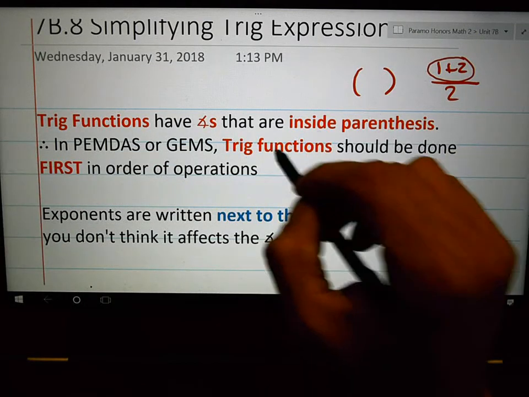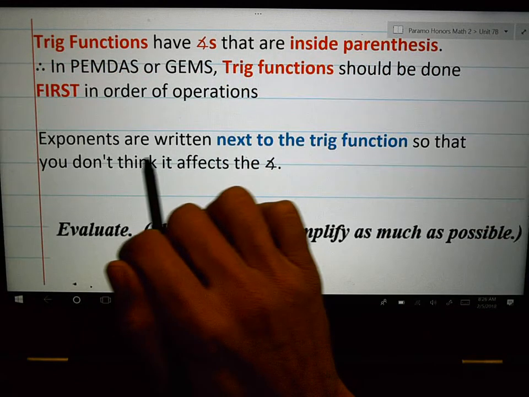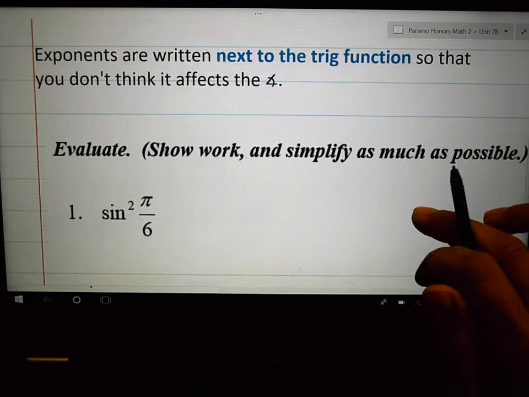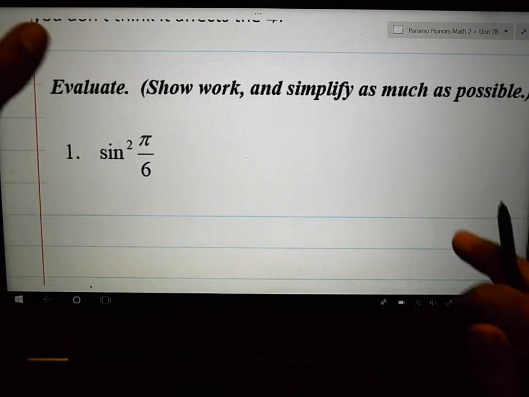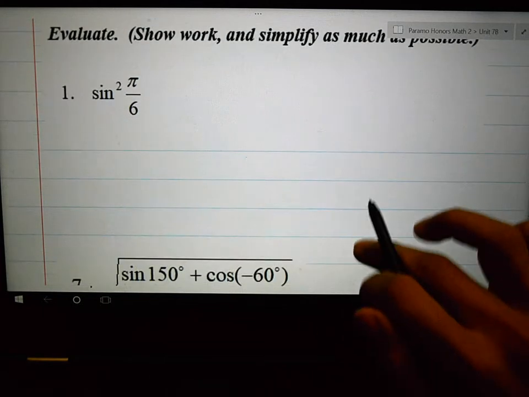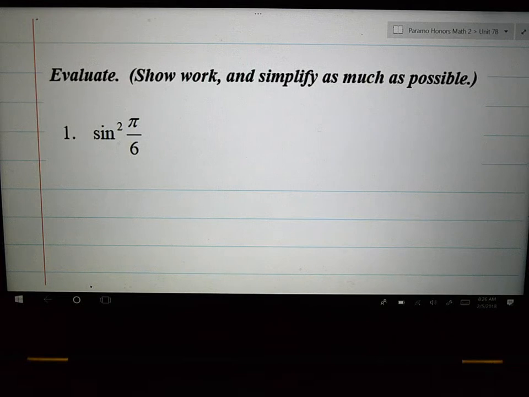We are going to do the trig functions first when we do these problems. Exponents are written next to the trig functions so that you don't think it affects the angle. So let me show you what I mean. We have 2 examples today. You do not have to do them in your notes. If you want to do them with me in your packet, you are welcome to do so. So number 1,